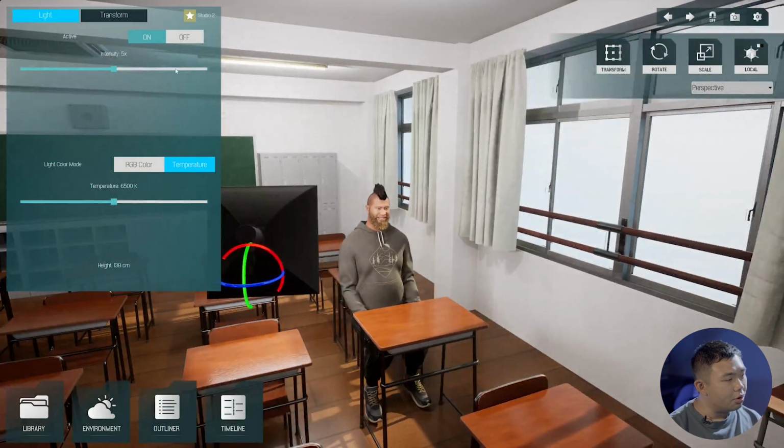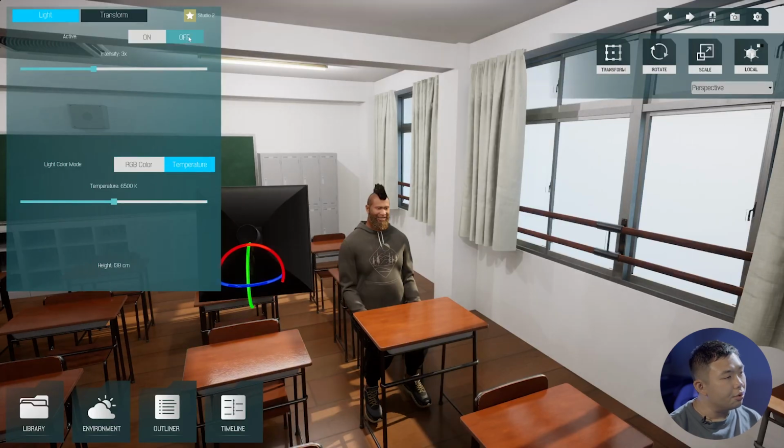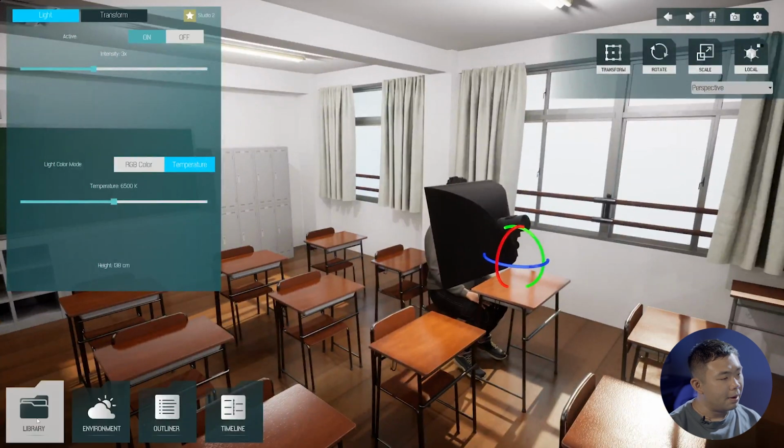And we get a key point here: we cannot make a very strong fill light, so we need to decrease its intensity. Remember, the aim for the fill light is just to add some more light on the shadow part, just like here. We can try to turn the light on and off to see whether it provides any lighting. Yes, it does. And finally, we can add a backlight.